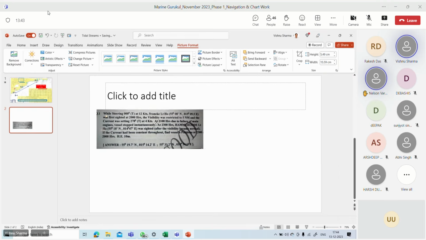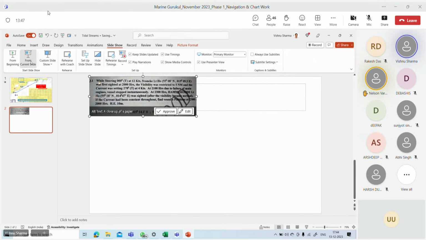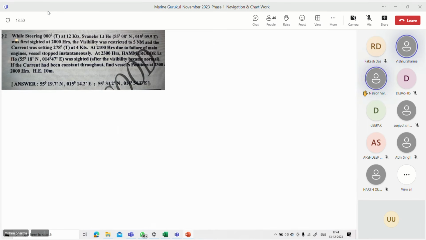Here is the question. The Swanic lighthouse is below, sir. Whether it is below or above, that doesn't make a difference. Now why are you getting into its orientation here? Yes, I am simply saying that if the CTS is 000 degrees, it is going southwards. So if here is the light, okay, and you are getting a position circle at 2000 hours, this is the 2000 hour position circle. Then you have applied the CTS, the engine speed, and the current for 1 hour.